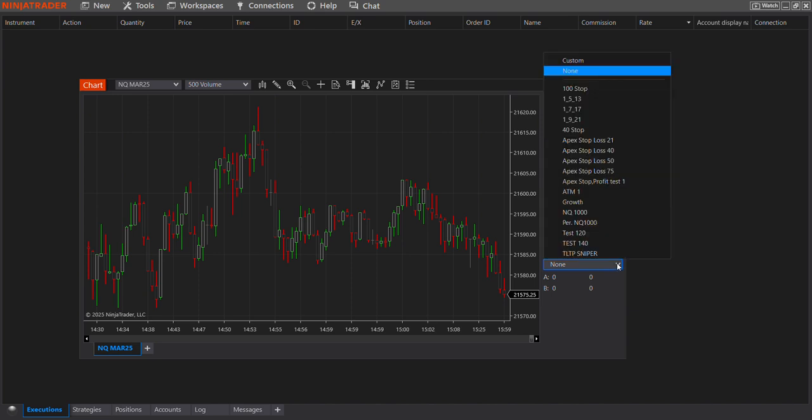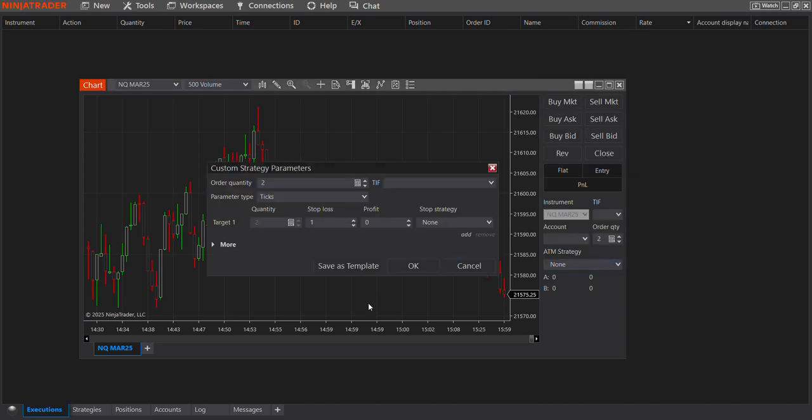So for example, let's say you want to put an ATM strategy. Let's do custom, right? So custom, you want to do 2 contracts, obviously ticks, okay? Your stop loss, let's say you want your stop loss to be at 30. You want your stop loss at 30 because you only want to risk approximately $300, right? And you want to profit at about 20 ticks, okay? So at 200, you are pretty much taking in $200 and you are risking $300 because